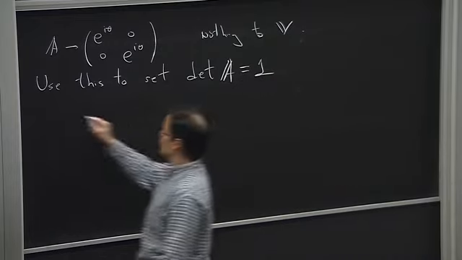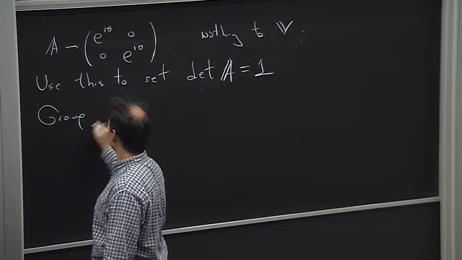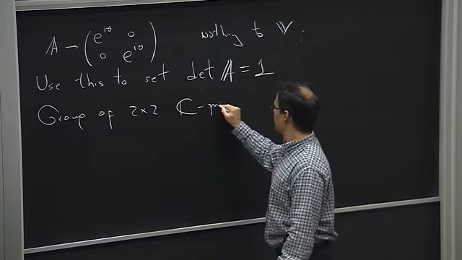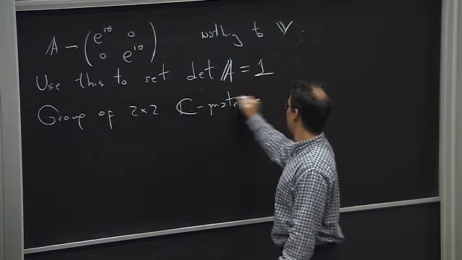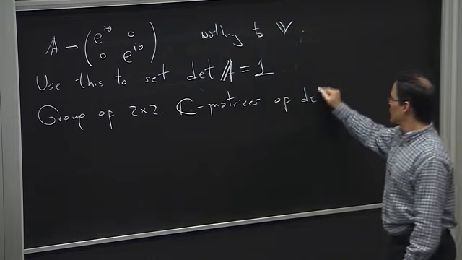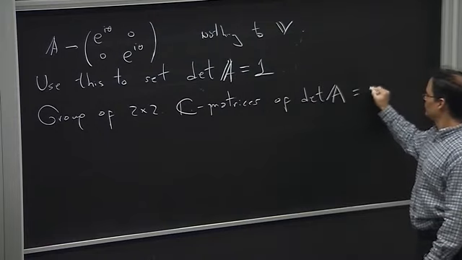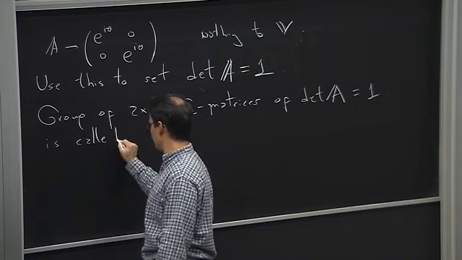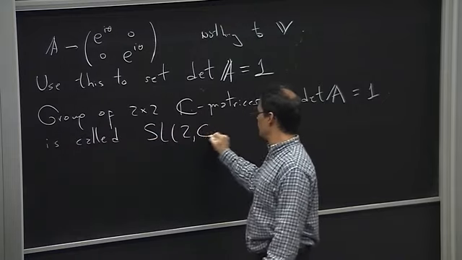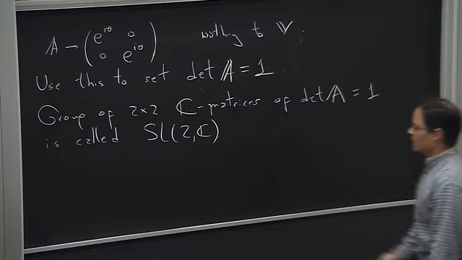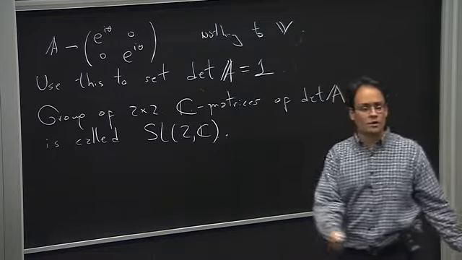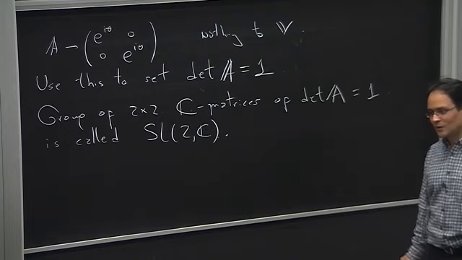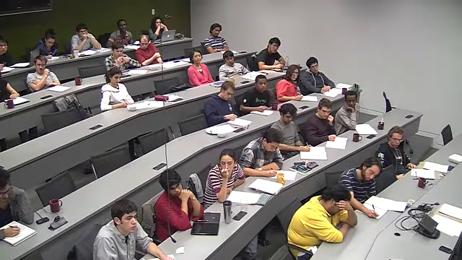And then the group of 2x2 complex matrices of unit determinant is called SL2C. It has how many complex parameters? Complex parameters. 3. So the complex dimension